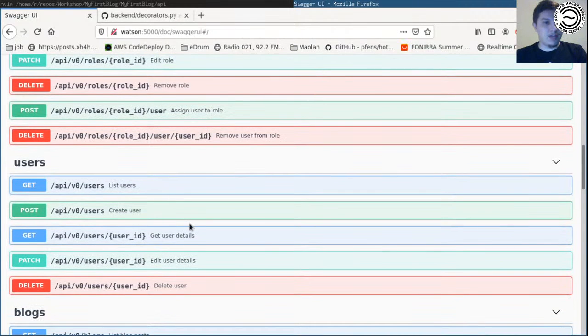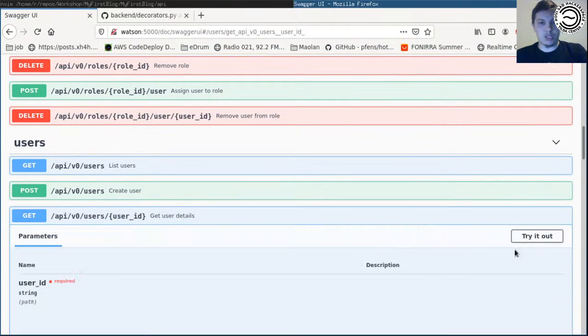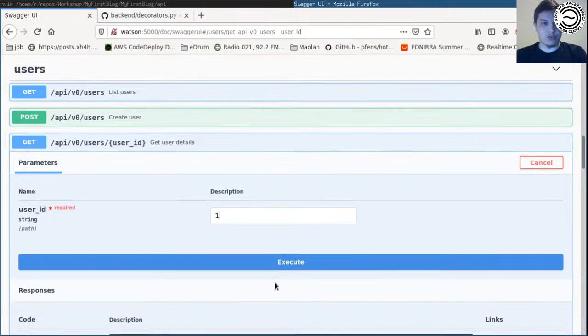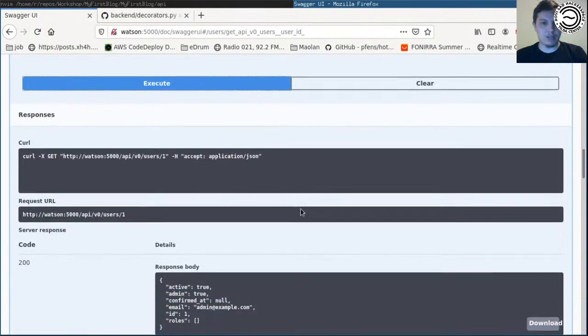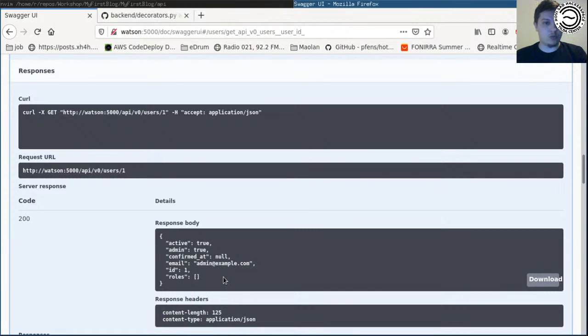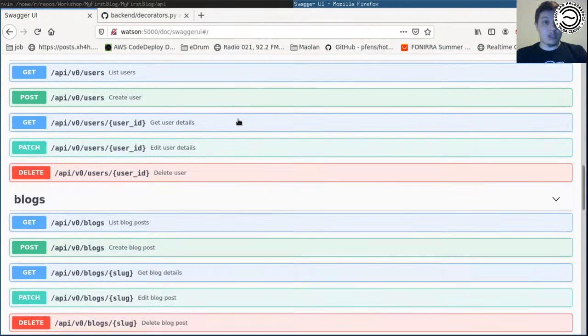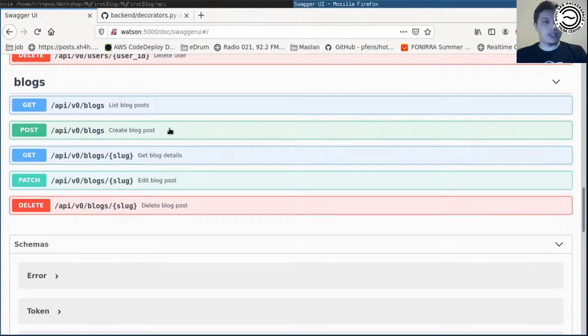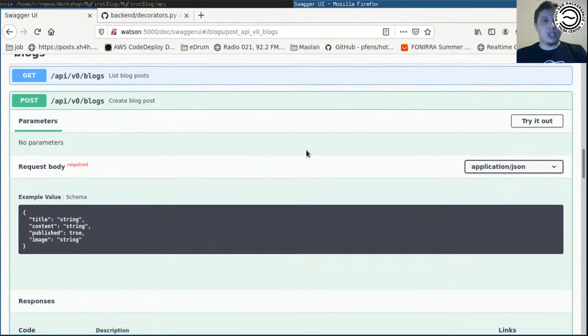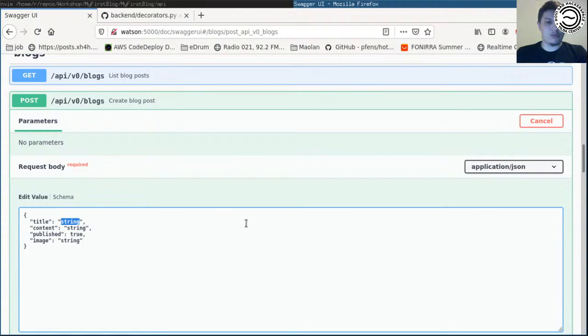Now if I take a look here and go get user details, I want details for our current logged in user admin, and he has no roles as you can see here. And why is that important? To see our functionality. So we said we added a decorator for our create blog posts. Let's see what's going to happen if we try to create a blog, some content, publish true, and again I need an image, so let's go,